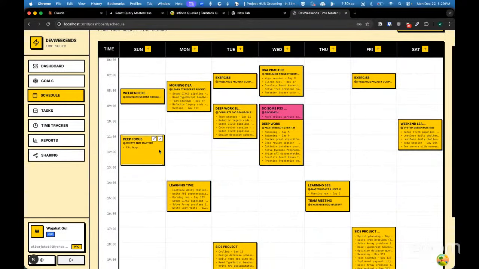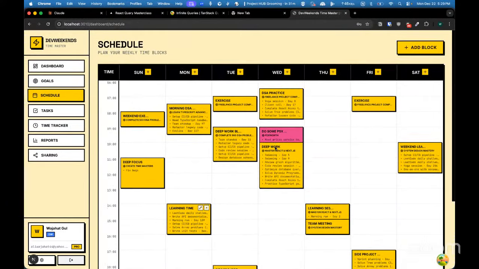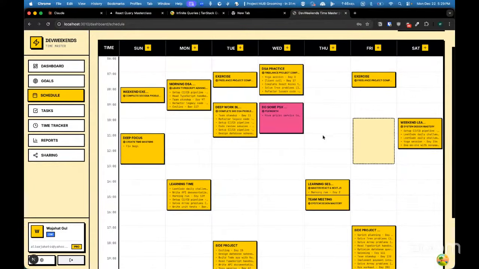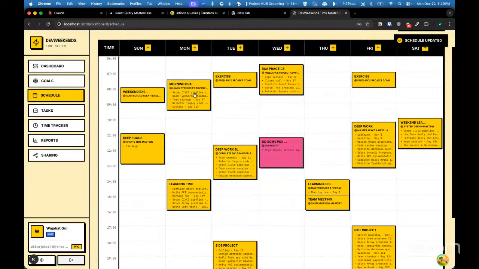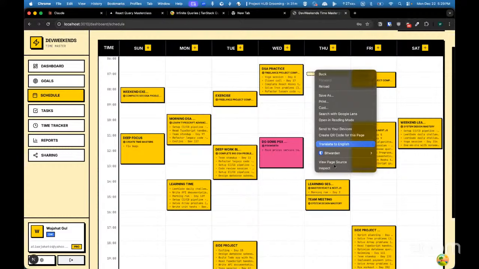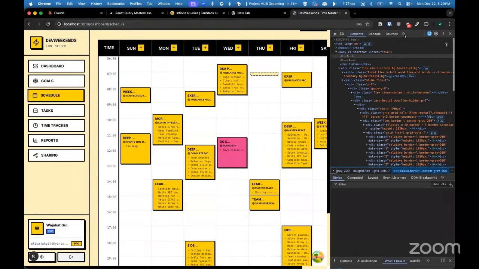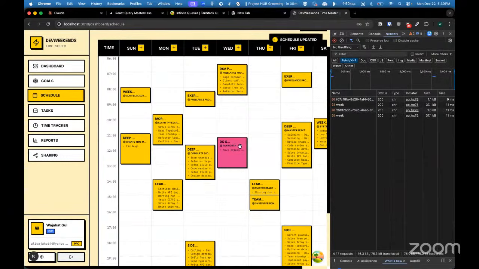थैंक यू फॉर स्टेइंग बैक। तो अब यहाँ पे बेसिकली हमारे पास शेड्यूल का पेज है, राइट। और यहाँ पे मैं शेड्यूल को किसी भी टाइम पे ड्रैग एंड ड्रॉप कर सकता हूँ। ये अब क्या कर रहा है? इट इज मेकिंग अ बैकएंड नेटवर्क रिक्वेस्ट, राइट। सो व्हेनेवर आई अपडेट दिस पेज, इट इज मेकिंग अ बैकएंड नेटवर्क रिक्वेस्ट, ठीक है।